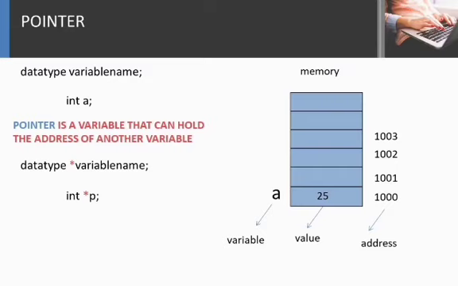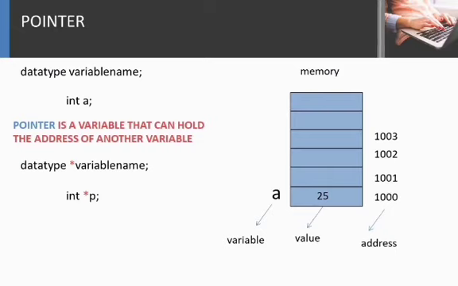Actually, we have stored an address in P, right? And we get the value at the particular address using the star operator. So it is called the dereference operator, and it also retrieves the value at the location pointed to by the pointer. So it is also known as the value at operator. And about ampersand, if we put an ampersand sign in front of a variable, it gives the address of that particular variable. So it is called the address of operator.